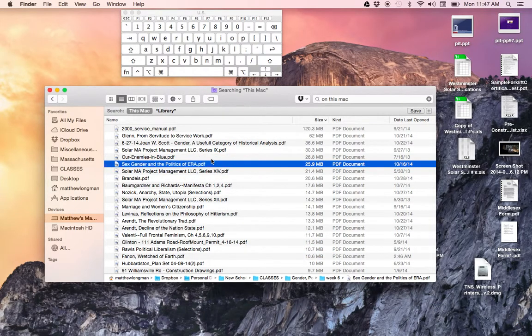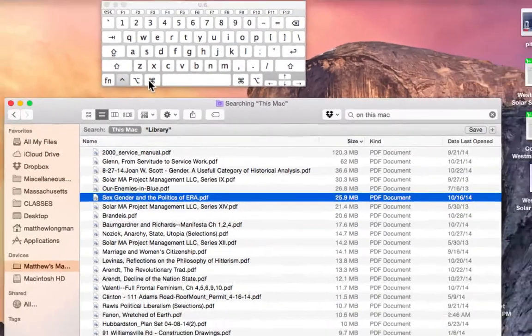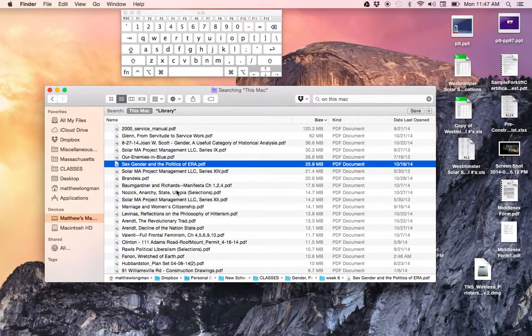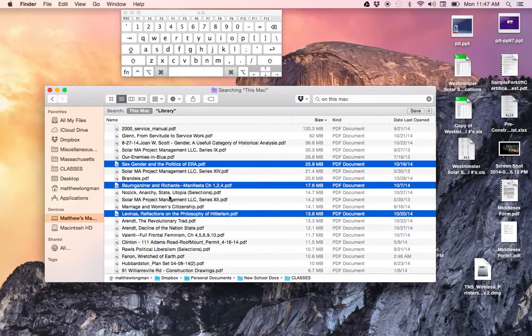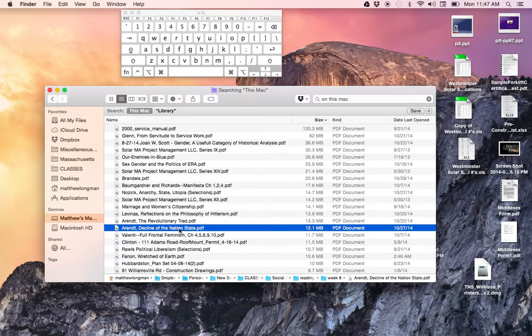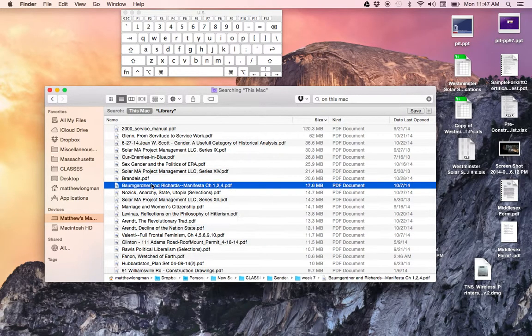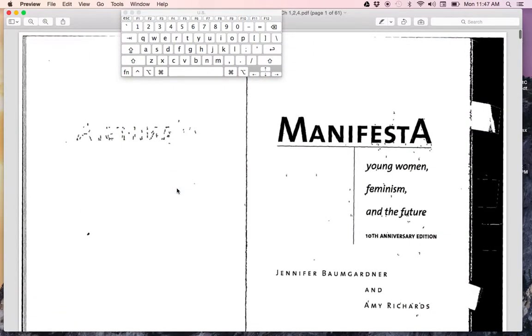In lieu of doing that for each individual file, if you hold the Command key, which is this key right here, while you're selecting, it will allow you to select more than one file. So you don't have to select each individual file, send it to the trash, then select another file, send it to the trash, and so on. What you can also do